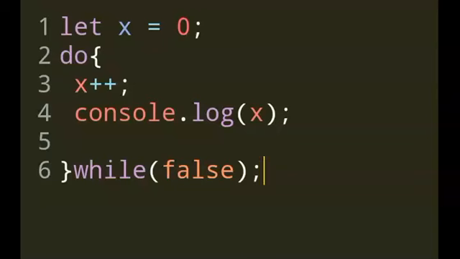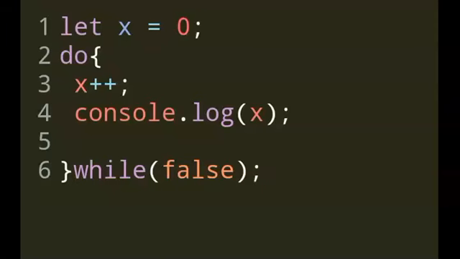So if the condition does not hold true, which is false, it will break after executing the task first. And what is the loop? The loop that is to be executed is x plus plus, which is incrementing by 1. So this loop will be executed once. The initial value is 0, so if you execute it once, that means plus 1. So that is 1. After that, since while is false, it will stop. If while had been true, it would continue to infinity and break the browser.